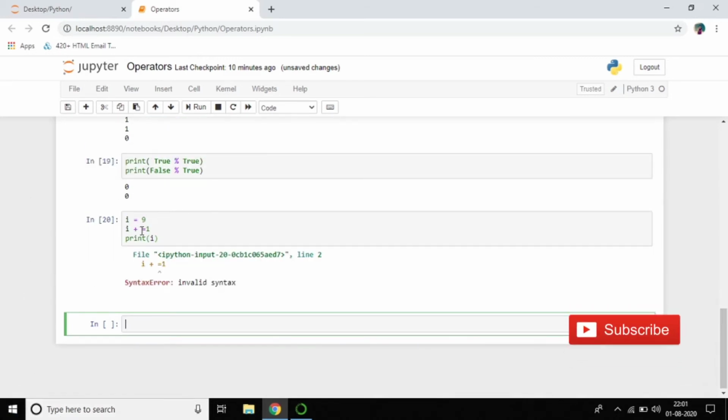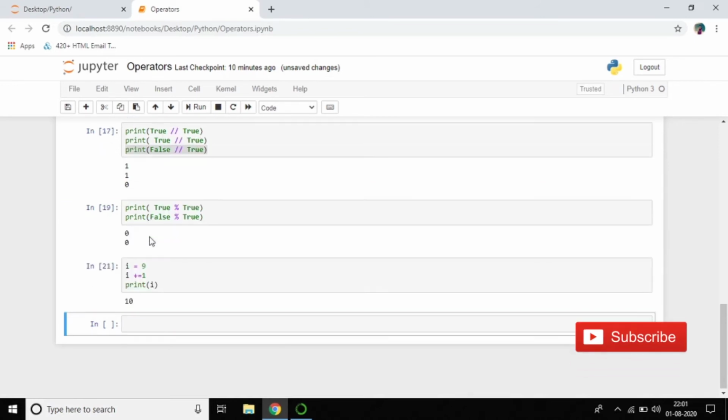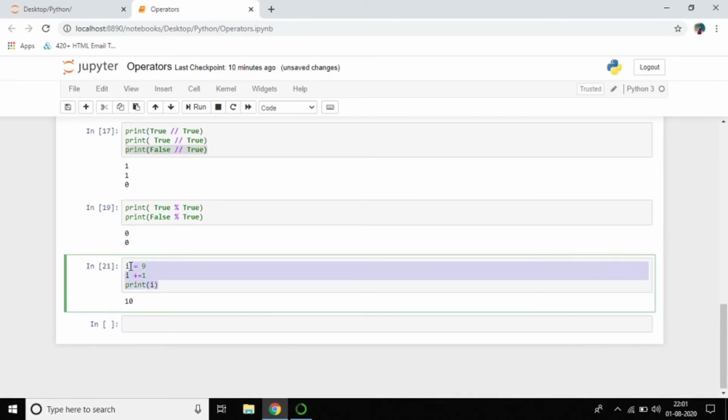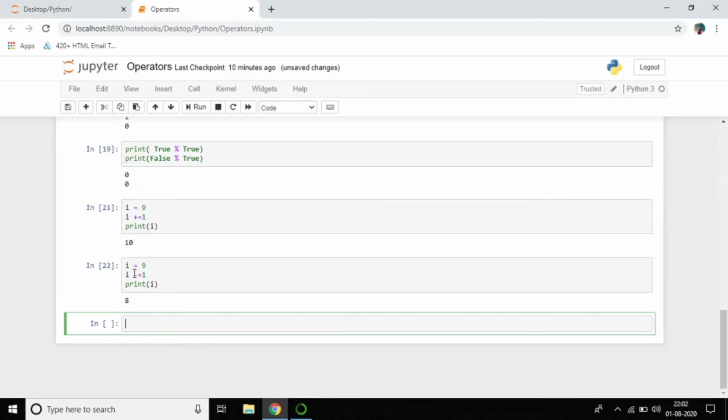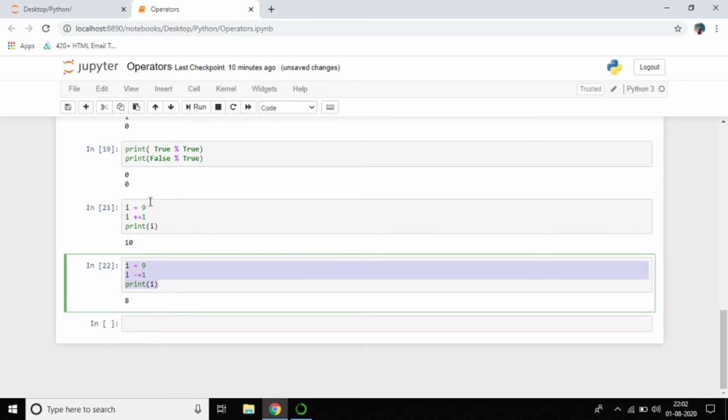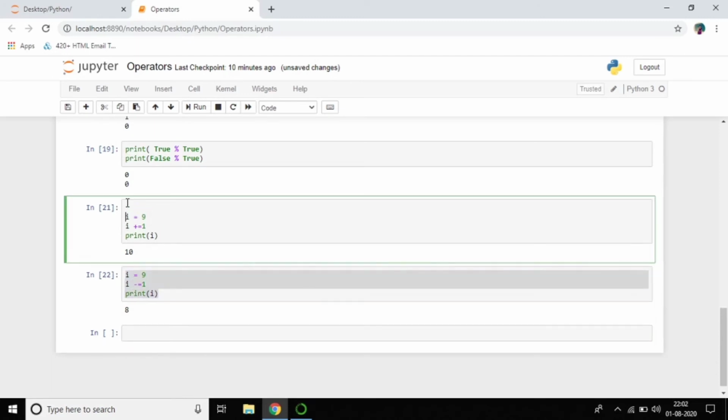And don't forget, you should not give a space. If you want to decrease, 9 minus 1, you will get 8 as output. So this is increment and decrement.